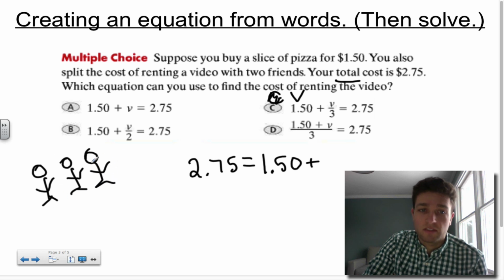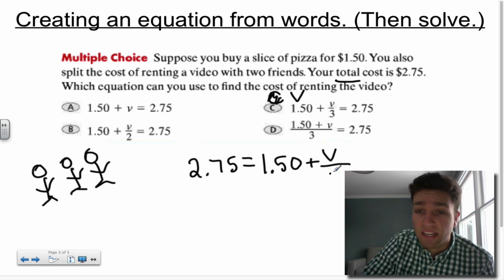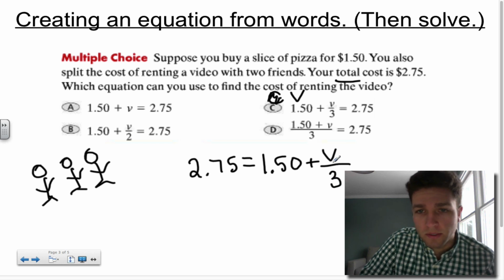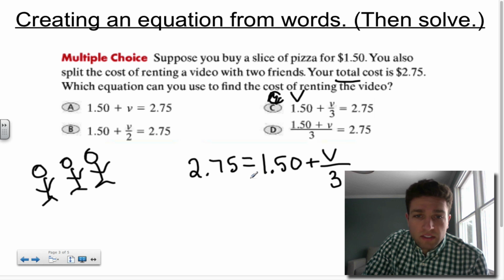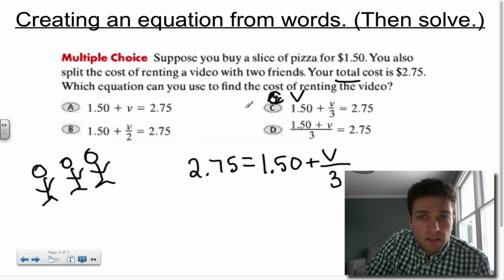Well, you and two friends is 3 people. And if a video costs some amount of dollars, we're calling V, and you're splitting it, you're dividing it up between 3 people, amongst 3 people. So we've got $2.75 is equal to $1.50 plus V over 3, which if we're looking at our choices, that would be